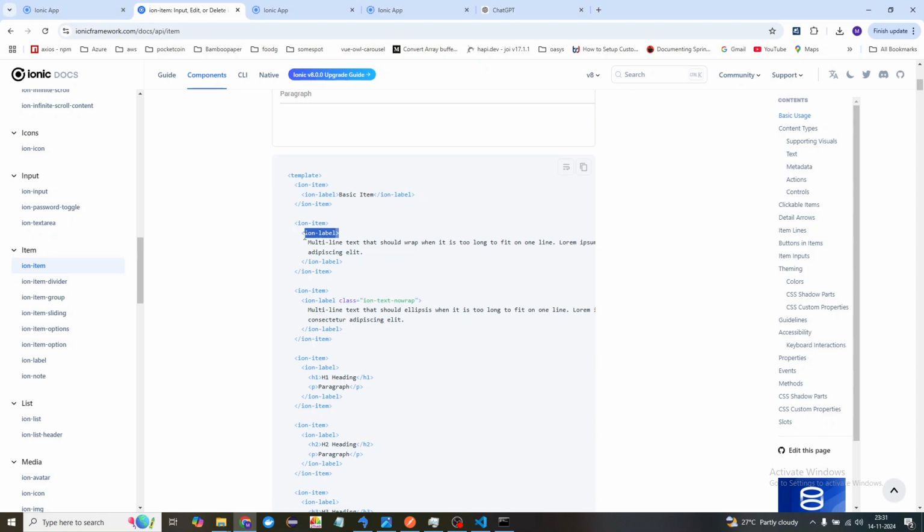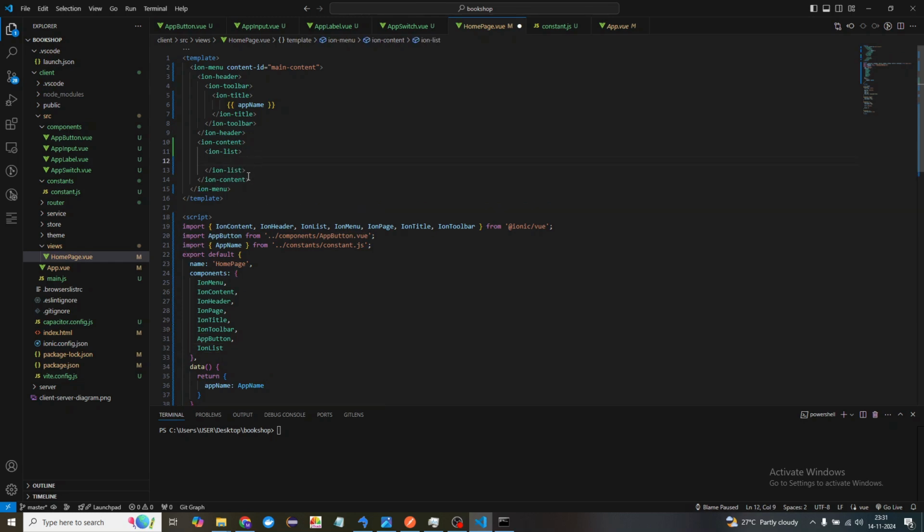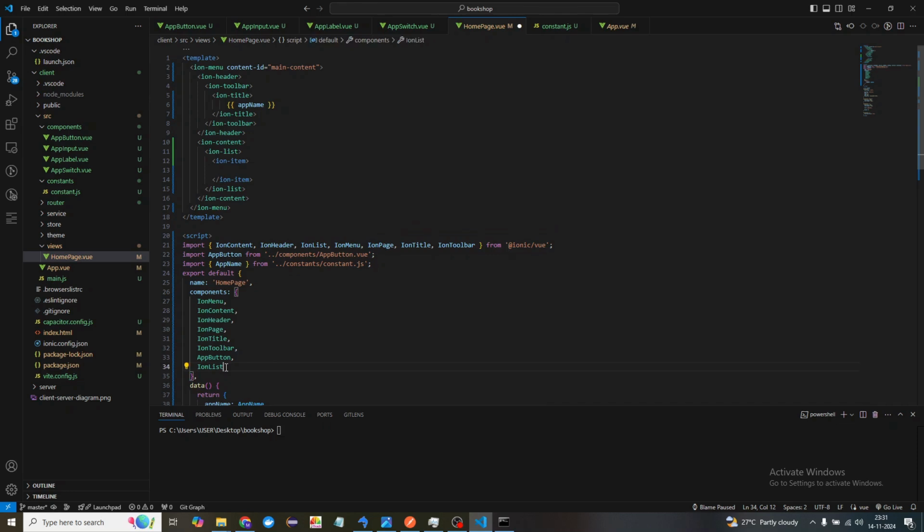So let me first do, what I'll do here is I will just say ion list, right? So I'll say ion list, and then we need to import ion list component over here. I'll say ion list, and it will get imported automatically, and inside ion list we'll have all those menus which we want to keep there in the menu section. So here what I'll do is I'll use ion item. So inside list you can use ion item as well. So for that I'm going to import ion item as well. I'm going to define those on